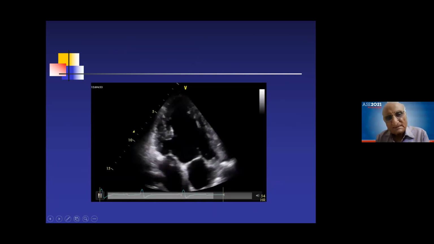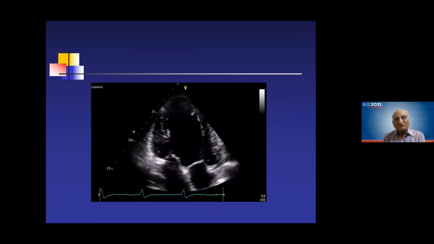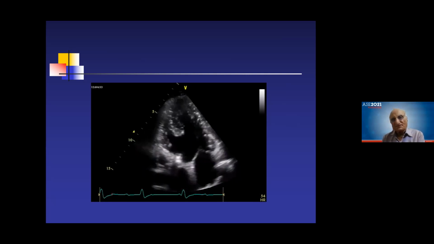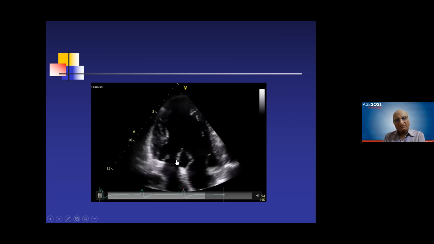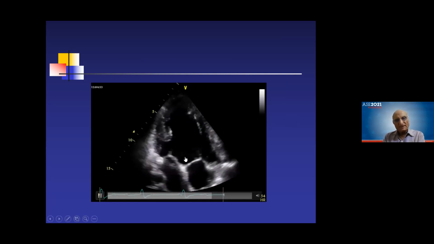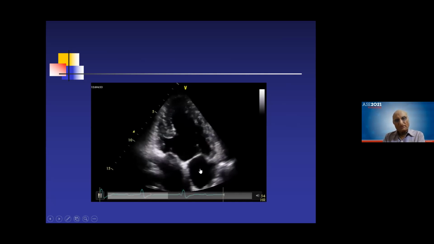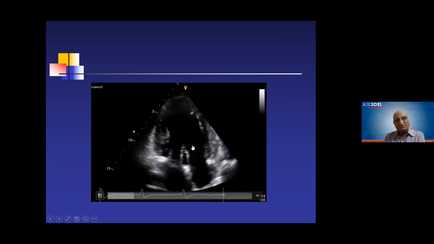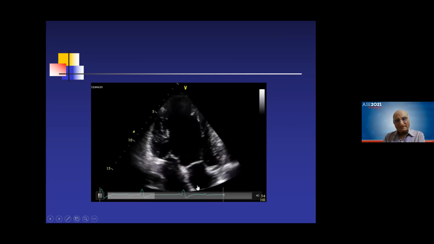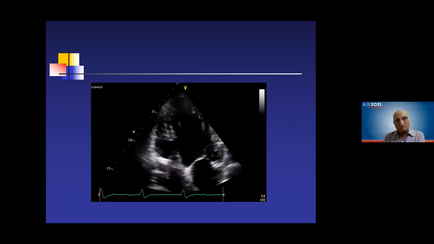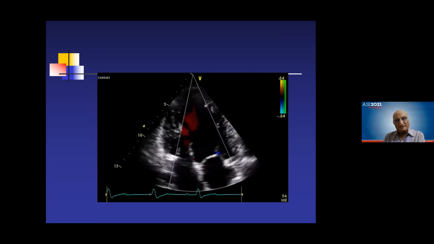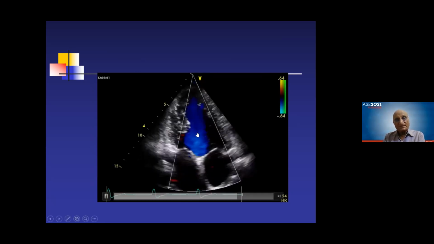Now, see this. Why I brought this? Because he was the nephew of one of my doctors, and I first saw him when he was about 6 years of age. And you see here, there is one AV valve. They are virtually kissing each other in diastole, and there is no interventricular septum. This is an accessory chamber also. And when you put color flow mapping, you see flow from both the atria going uninterrupted and mixing into the left ventricle.